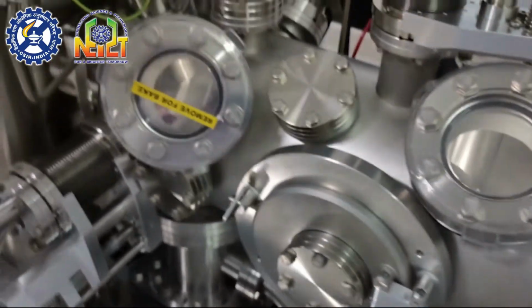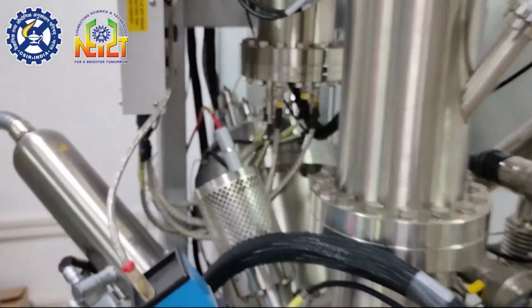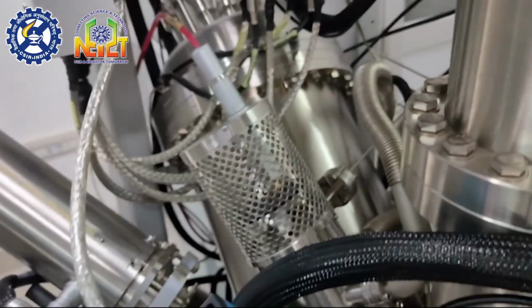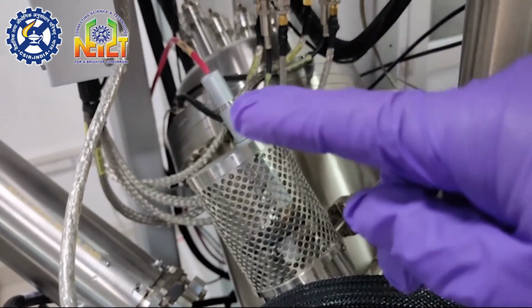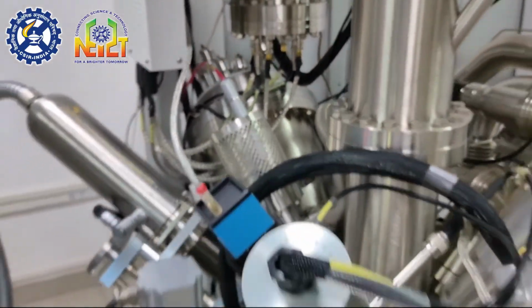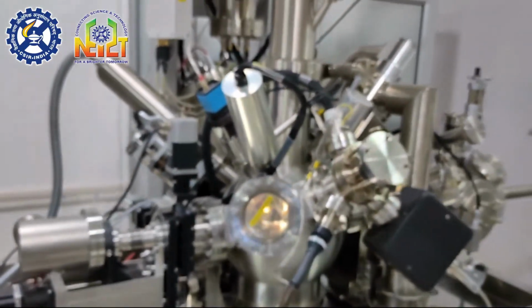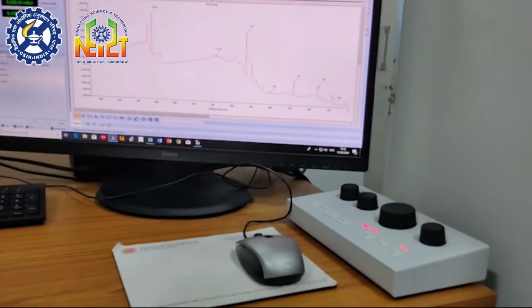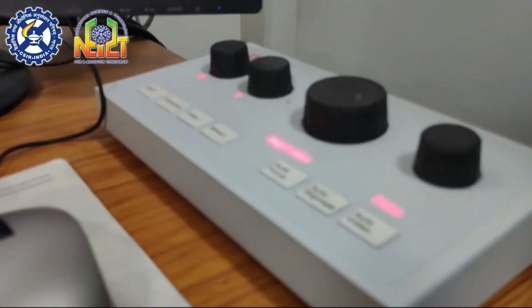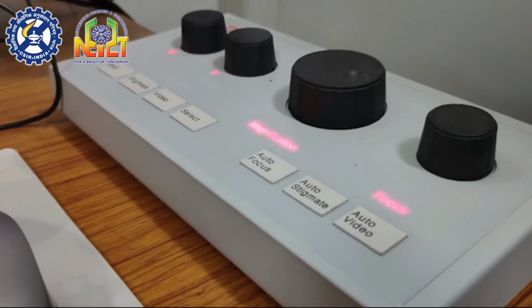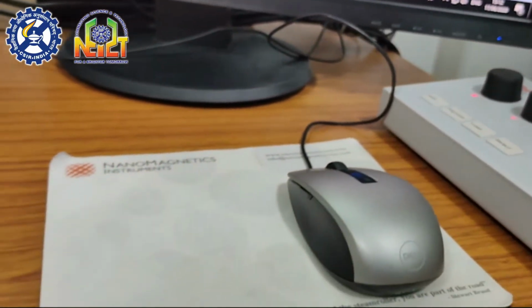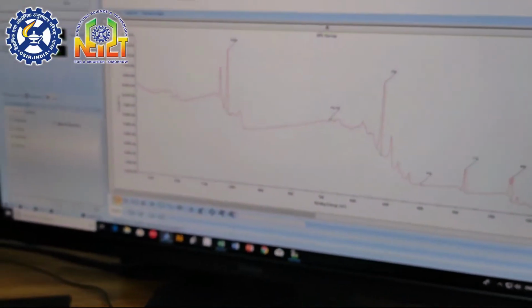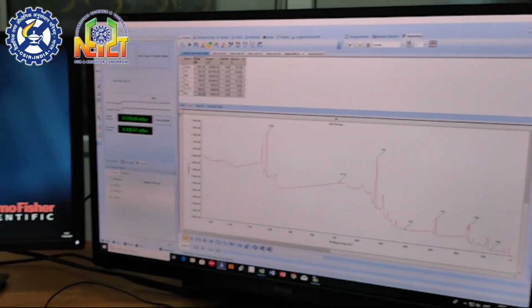You can see this black powder over the carbon tape is the ready sample in the sample holder stand. Apart from this, in this instrument we can also do UPS, ion scattering spectroscopy, and REELS. For UPS we use UV light as a source, and this red and white portion is the UV source. This is a highly sophisticated instrument based on Einstein's photoelectric effect, by Thermo Fisher, imported from the UK. In addition, in this instrument we can also do heating, cooling, depth profiling, etching, and also SEM imaging with highly satisfactory outcomes.